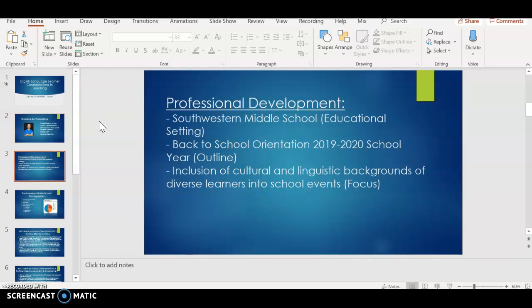So the professional development that is needed to make sure that we're servicing our ELL students when it comes to events like an orientation event at school, the setting that I'm going to use is my current educational setting, which is Southwestern Middle School in DeLand, Florida. And the event is going to be a back-to-school orientation for the